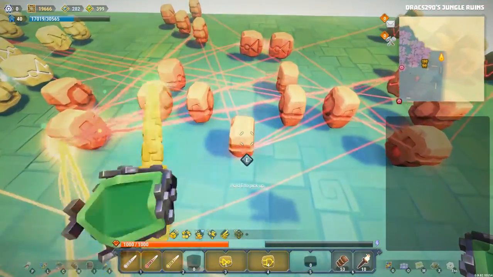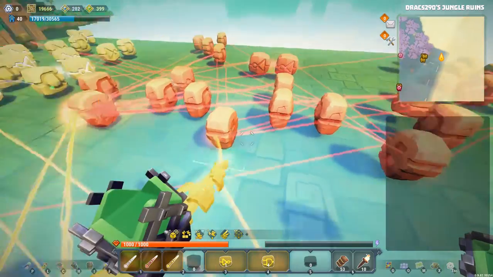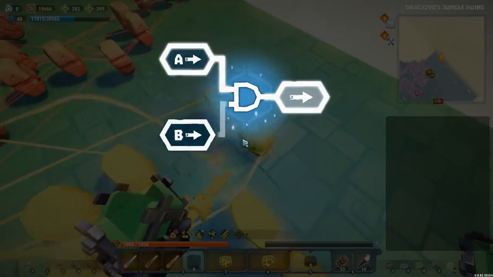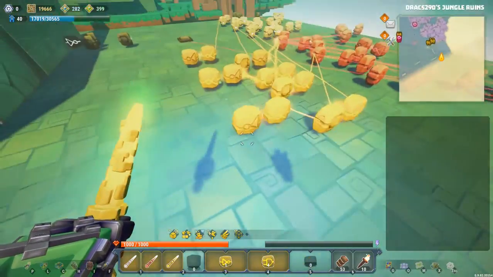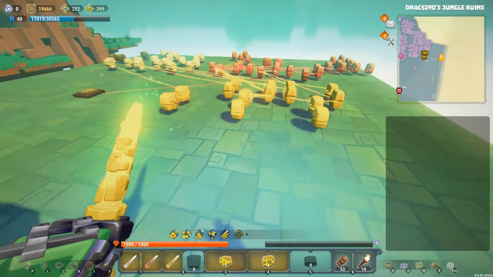And then this guy's going to the B, so he goes to the closest NOT gate and into the B side of the furthest AND gate, just like that. So there we go. Now all of that is hooked up, and we have our output set and ready to go. The only thing we need to do